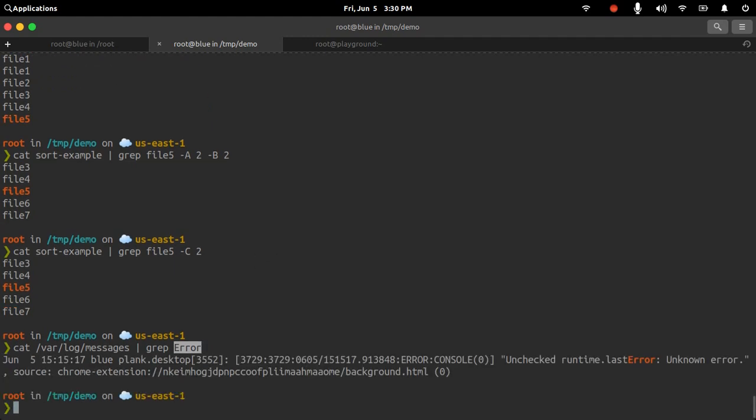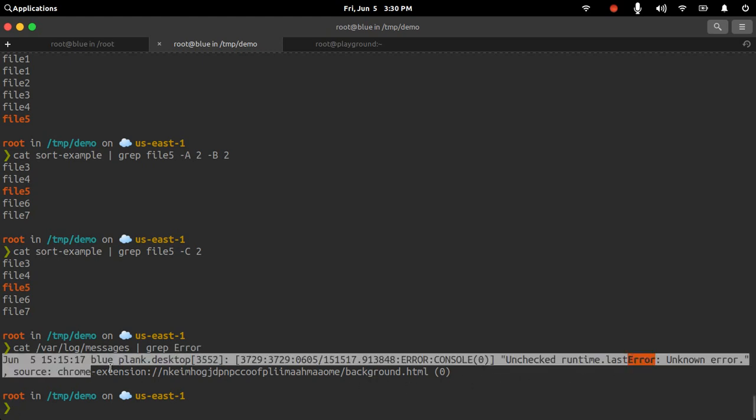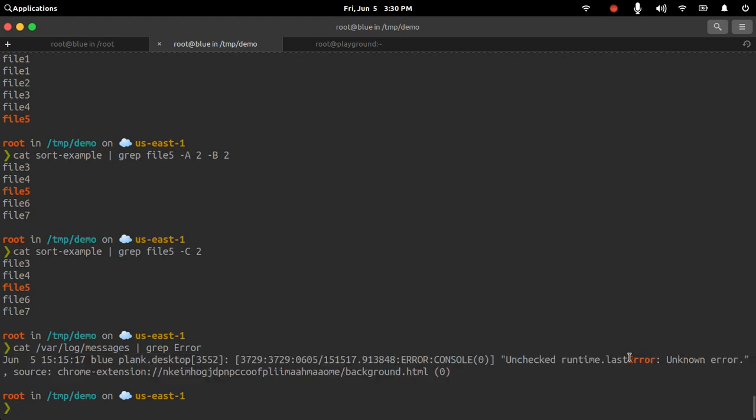If I do this, you see only 1 line is printed. This is the only line that has the search string, Error. It respects the search string that I provide with the grep command.